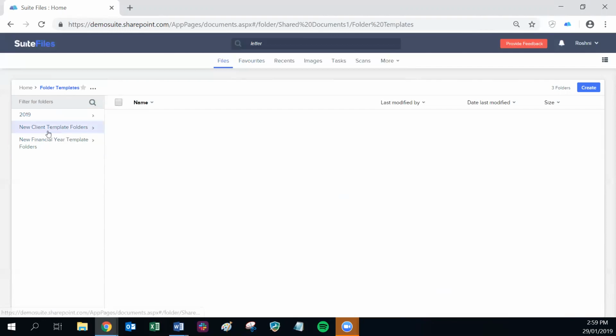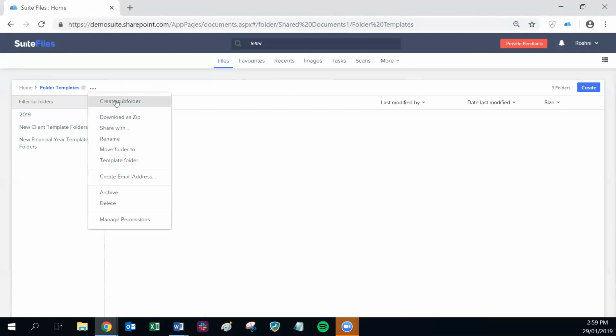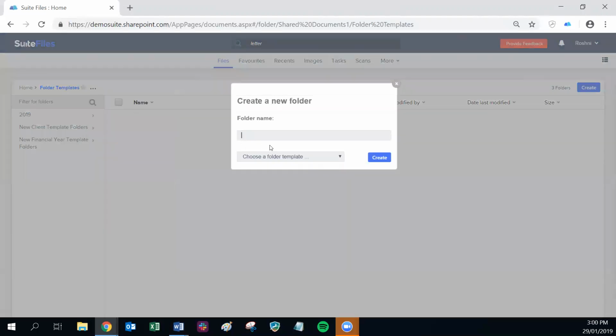So you do need to first of all create the folder structure that you want to use in SuiteFiles, and that's just done by creating a set of folders and subfolders. So every time I have a new client come on board, I want the subfolders of correspondence, email, engagement, etc. to be listed. So to do that, you can click on the three dots next to the folder name, click Create Subfolder,